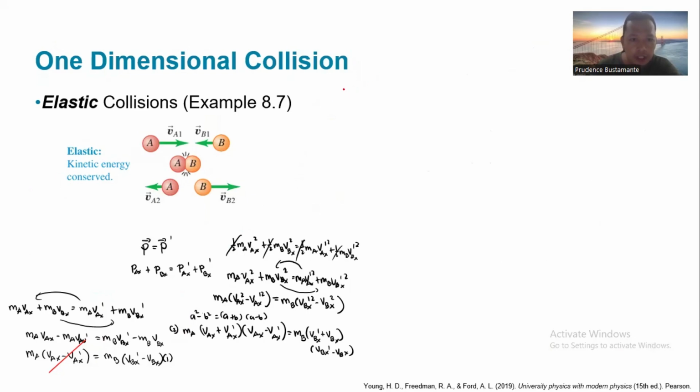From equation 1, we have MA times the change in velocity of A is equal to MB times the change in velocity of B. And equation 2 gives us that